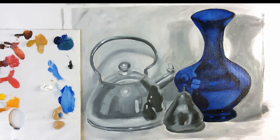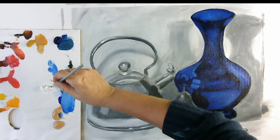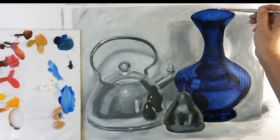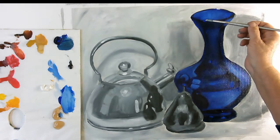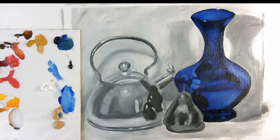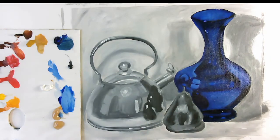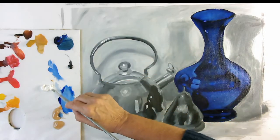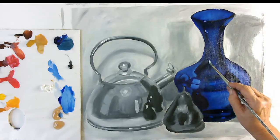And then I just want some pure white for my little gleams. So I'm just going to use a little round brush, well, a big round brush actually, pick up the pure white on the end and try and bonk in me gleams. So there's one there, and there's one here. Whoa! And there's something going on here, I'm not entirely sure what. And what happens with oils, it will pick up the paint that's on the canvas, so you just have to clean your brush again, and then I'm going to add a gleam there,